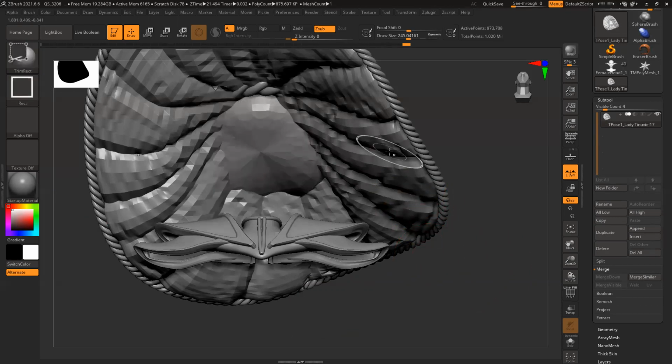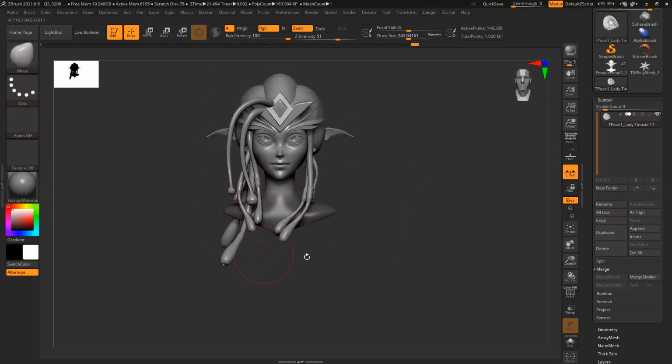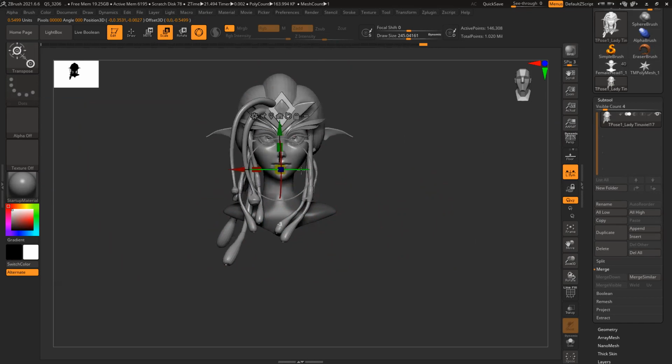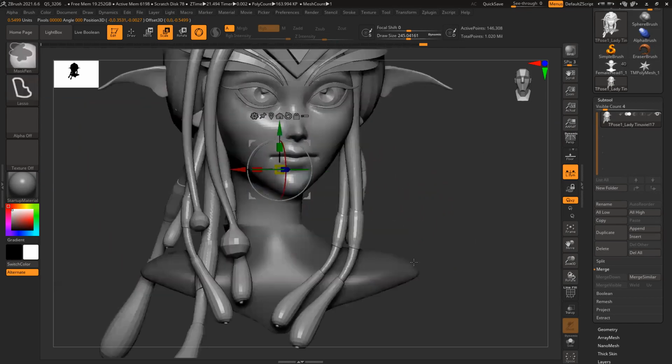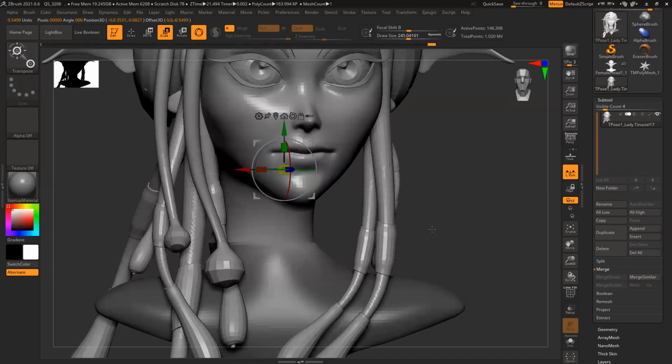Control Shift click on the hat again. So now, except this part, the rest of everything will rotate. Symmetry, switch on X symmetry. So it will rotate this.